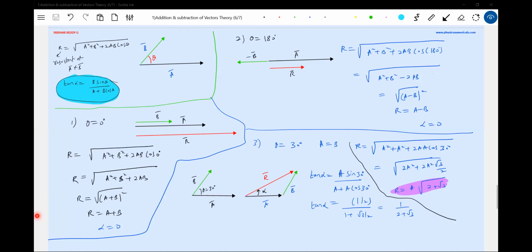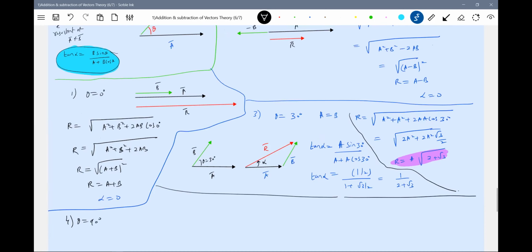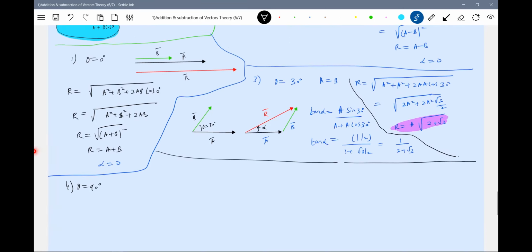We'll see theta equal to 90 degrees. I'm more interested in this. One more case. Theta equal to 90 degrees. The first situation it is, I think. Yeah, theta 90. According to the formula,